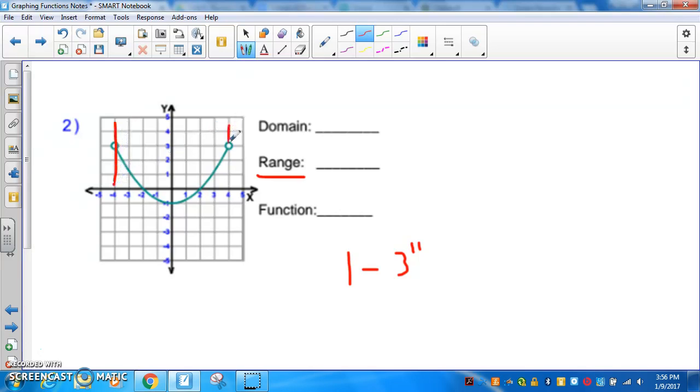So the domain, as you know, is the x-axis. So this curve starts at -4. It ends at 4. So if I were to write the domain, I would usually write my D. Now in this case, I have domain there already. And then in parentheses, rather than the curly brackets now, which is what we used before, we're going to use parentheses, and we're going to say -4 all the way. It starts there at -4 all the way to 4. And this just tells your reader that this curve starts at -4 on the x-axis and ends at +4 on